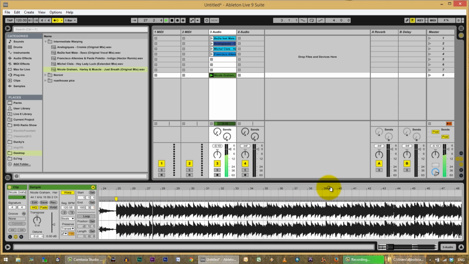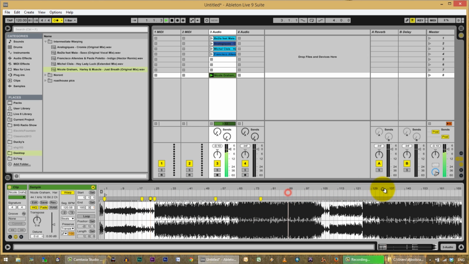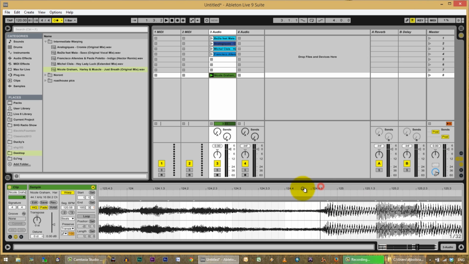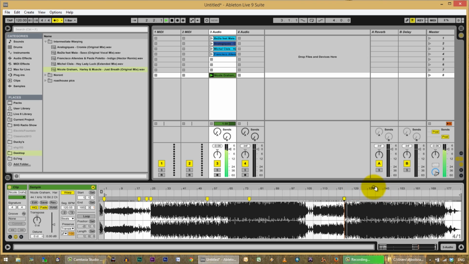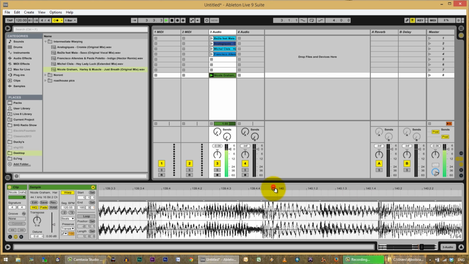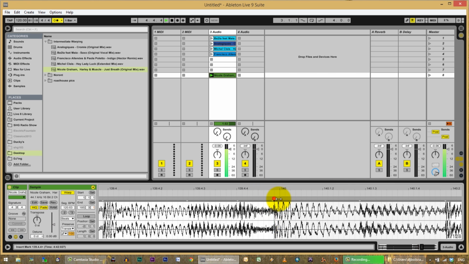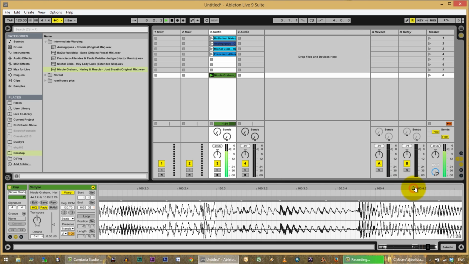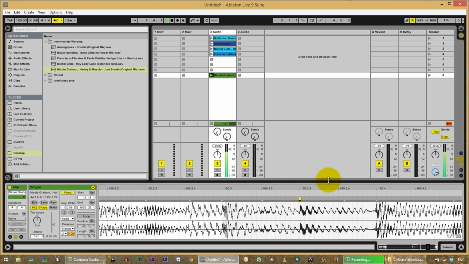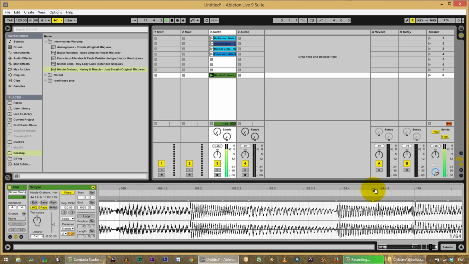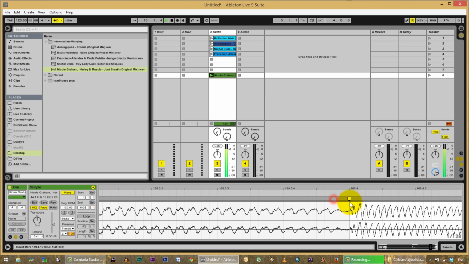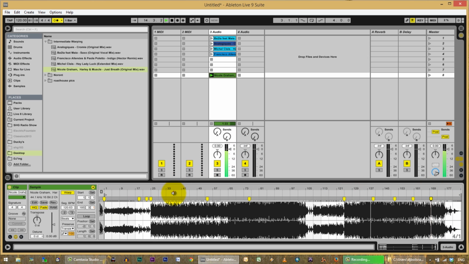Okay, that's starting to sound better. Okay, and then the rest of it is pretty straightforward. And the rest of it is going to take a little bit of minor adjusting to get it right on the grid. And remember, like I said earlier, you don't necessarily have to work with just the even bar numbers. Okay.